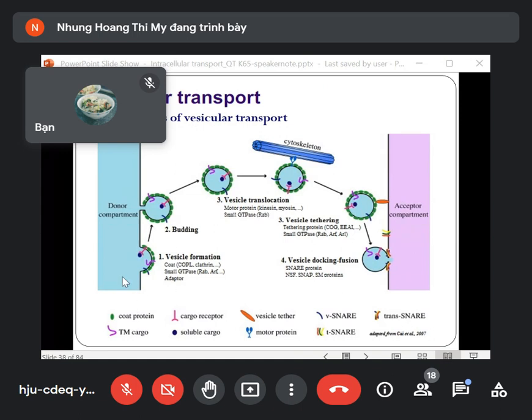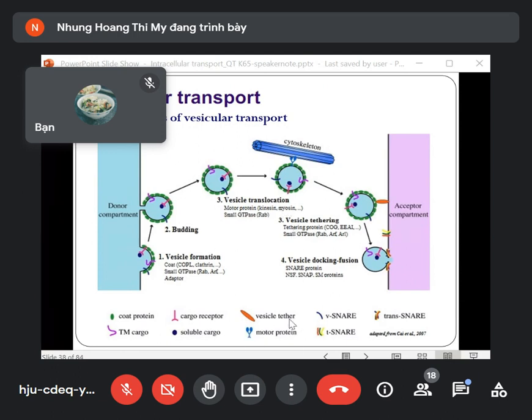So for the vesicle formation, you need, of course, first the cargo protein like transmembrane cargo or soluble cargo, and coat protein like clathrin, COPI, COPII, and the small GTPase like Rab, Arf, or the adaptor protein. For the vesicle budding, you need the support from the dynamin protein, and for the vesicle translocation, you need support